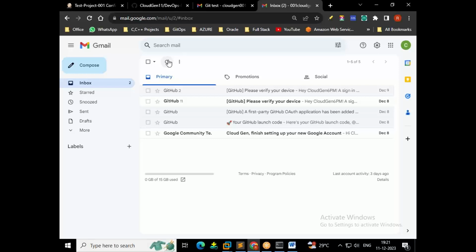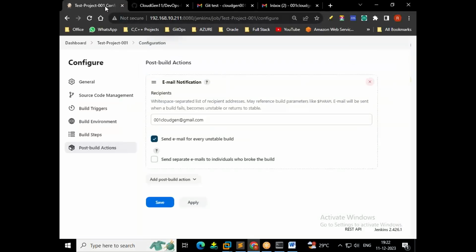Keep in mind guys, here we have two environments. One is the front end, one is the back end. Back end means the configuration concept, the administration concept. Yes, installing the plugins, creating users, deleting users, like this. You got it now? So we need to configure like this. That part is different. Build output part is different. Now what we are doing is configuring email notification in